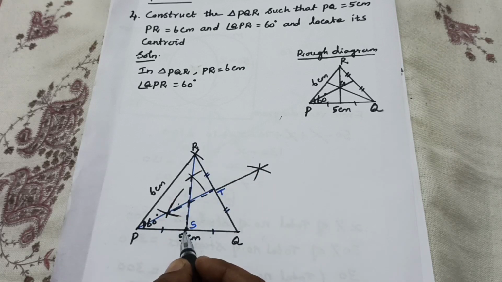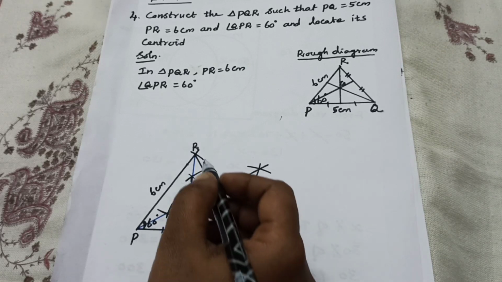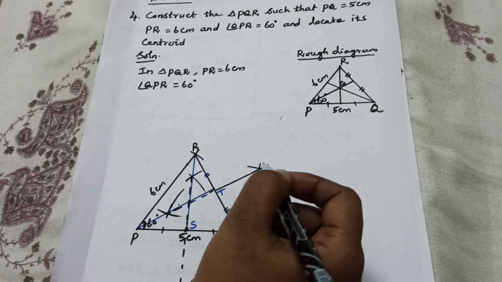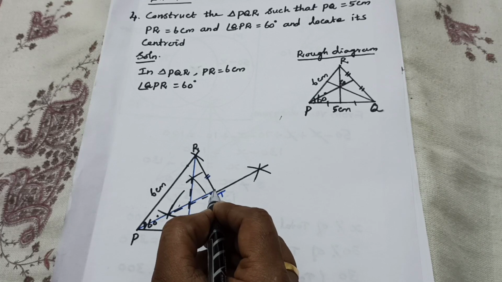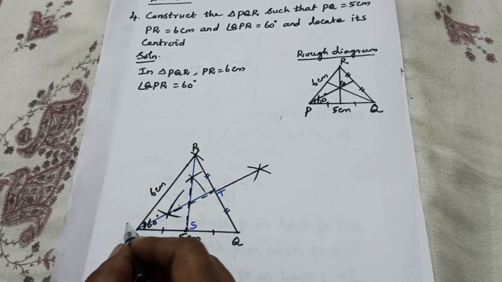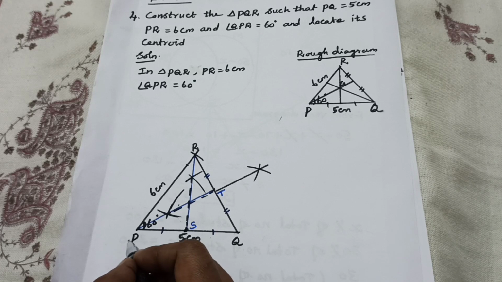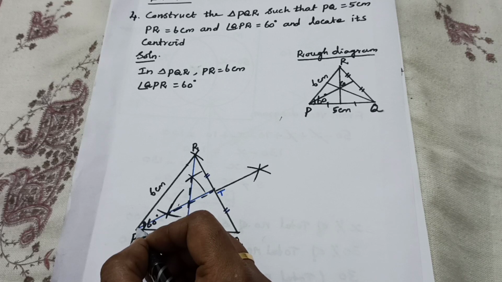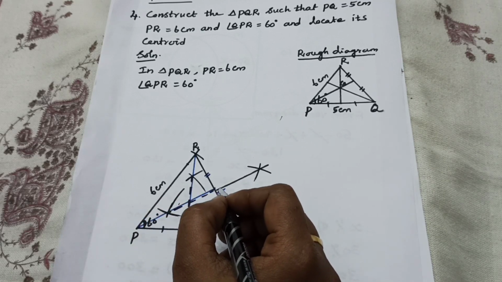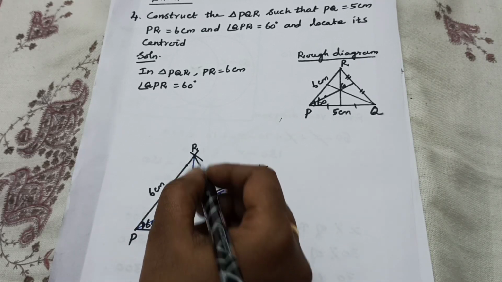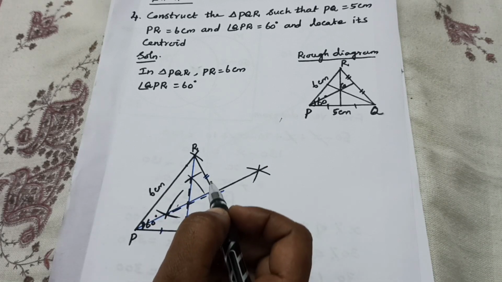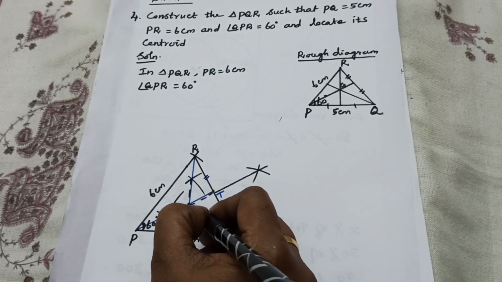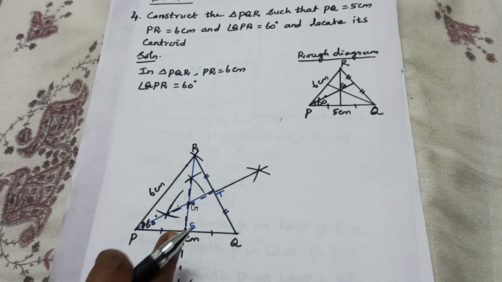RS is the median. Then like that, another side also we have to draw the perpendicular bisector. You find out the midpoint. Then opposite side vertex P, isn't it? Then P is the vertex. From this vertex to this midpoint, this is another median. These two medians' intersecting point, okay, this is called what? Centroid. Centroid is denoted by capital G.